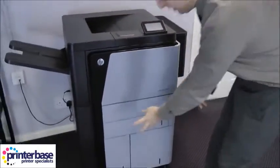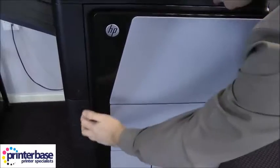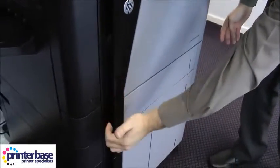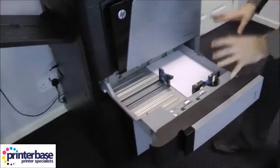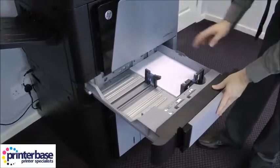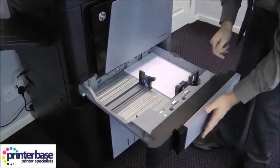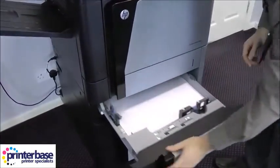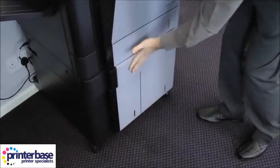Let's have a look at the paper tray. So these first two you get as standard with the basic machine, and to open them there's a handle here that you can use and it pulls forward. It does feel very sturdy. I like that about the device. It's got A4 in at the moment, but obviously you can change the guides and put up to A3 in there. Second tray, again you can put up to A3 in like I've got in this tray,